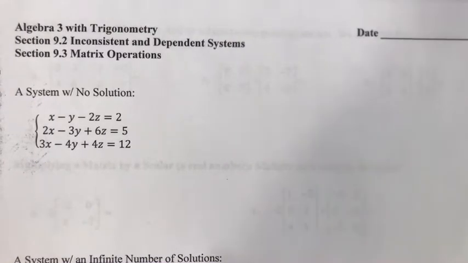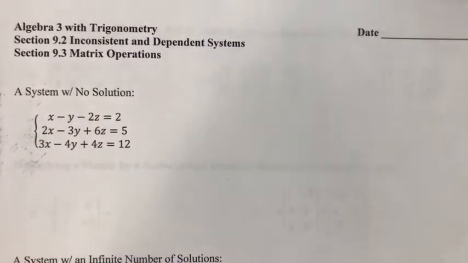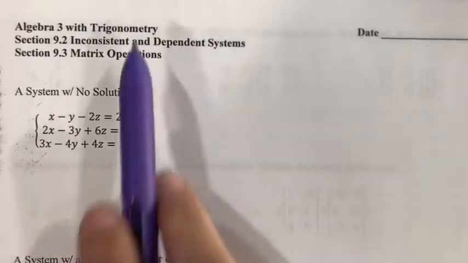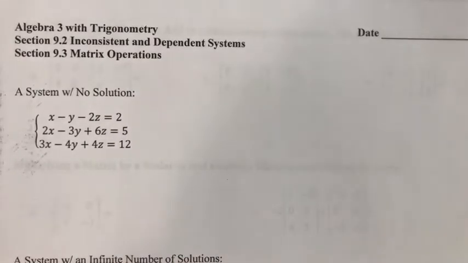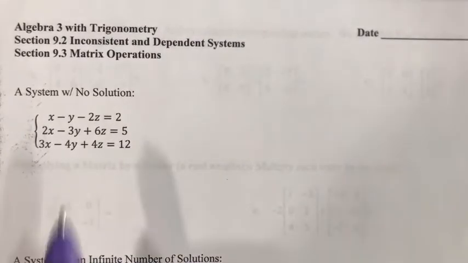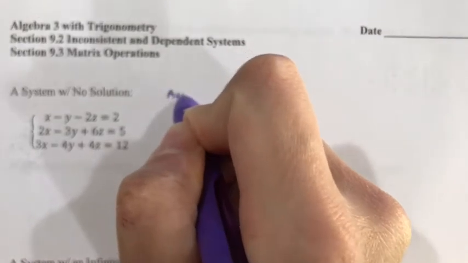This first page of notes is talking about 9.2, so that says inconsistent and dependent systems. I'm not really going to be using that terminology. I'm going to talk about no solution and infinitely many solutions, which is kind of like what we've talked about before. So if we look at our first system here, if I want to set up the augmented matrix,